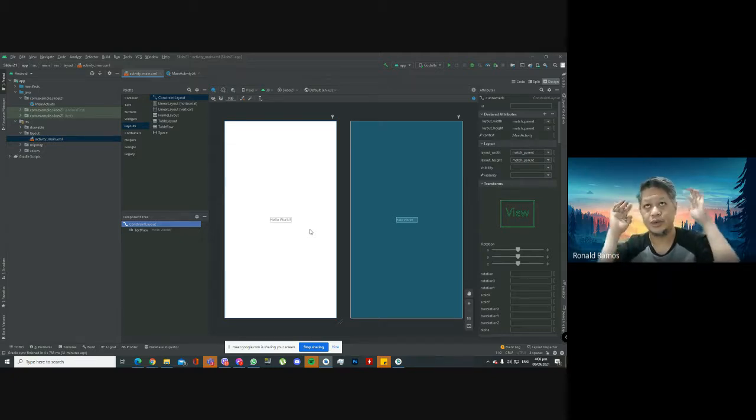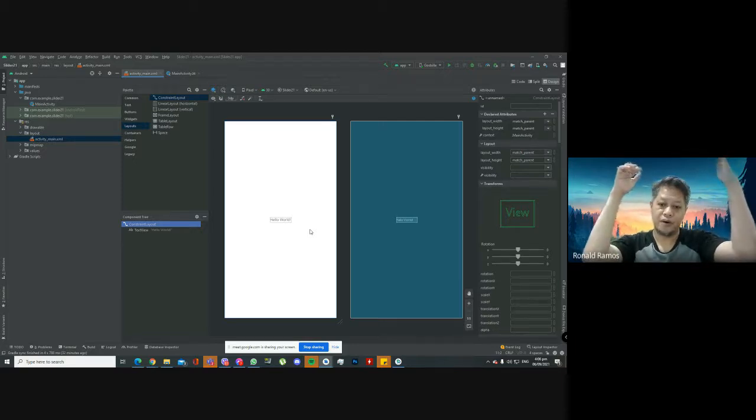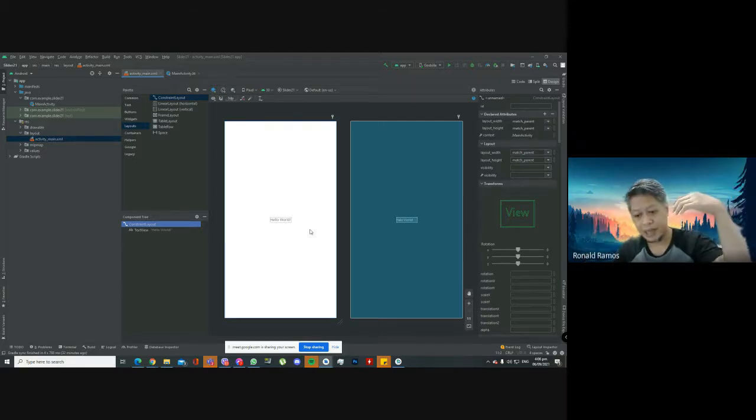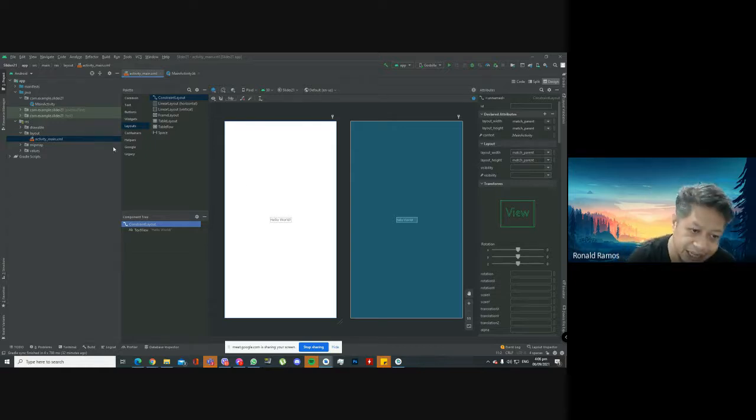That's the main object on top of a button or a text view's inheritance hierarchy. At the very top is the view object, and each one of the controls are actually children of that view object. So the constraint layout is a view group, and inside that view group are controls. The reason you have a view group is that it defines how your controls will be arranged on the screen. As we've seen, because we've used constraint layouts exclusively since we started, with a constraint layout,